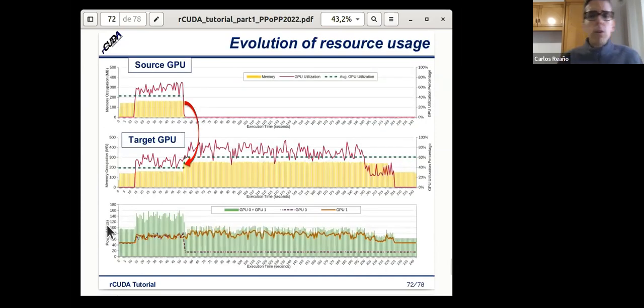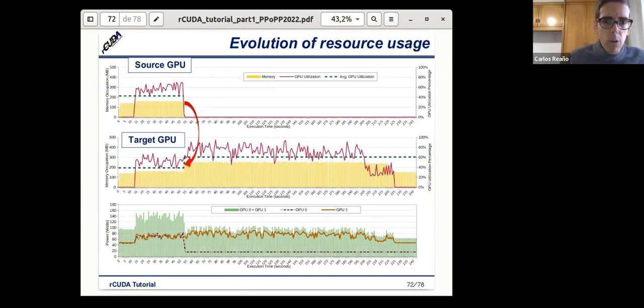What happens when we migrate? For instance, let's say that in the beginning both nodes were running the same application, and at some point we migrate the application from one node to the other, from the source node to the target node.